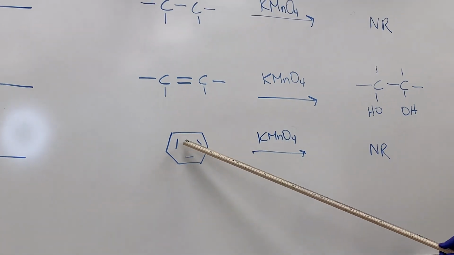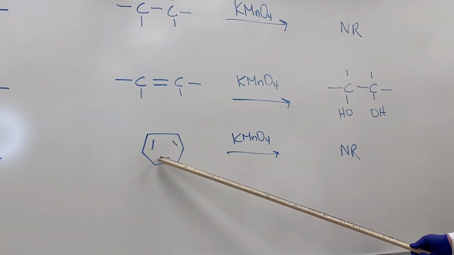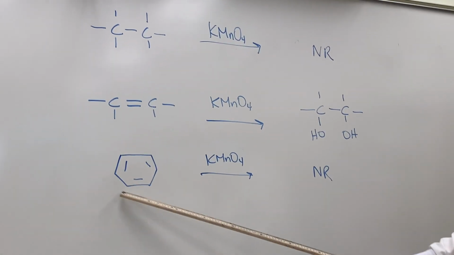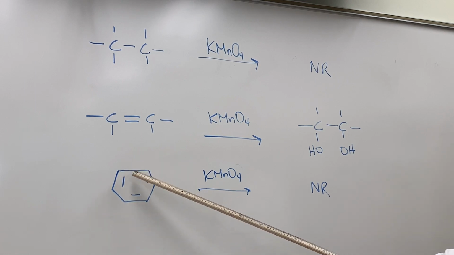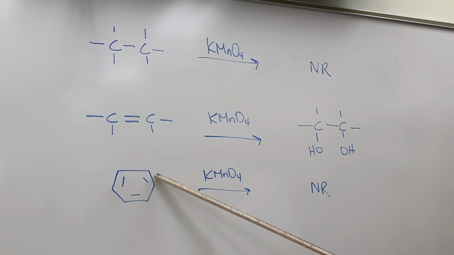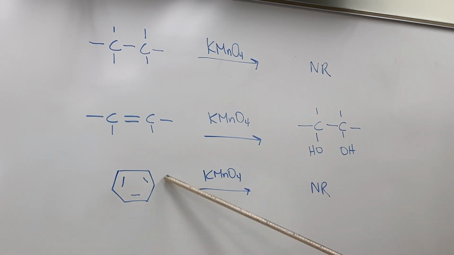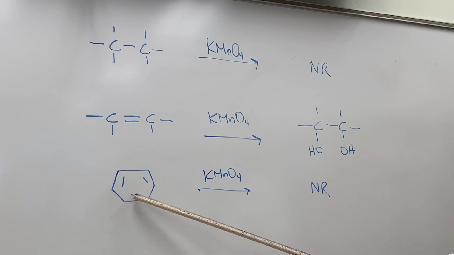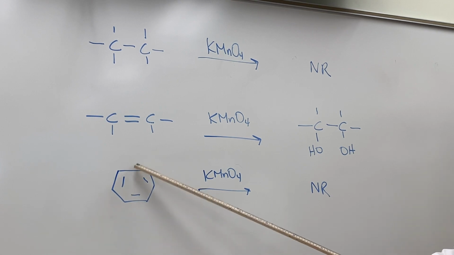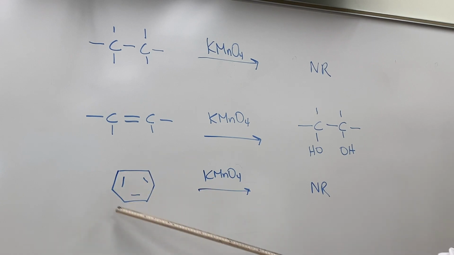Even though you've got multiple carbon-carbon double bonds, there's something unique about that structure in benzene. These double bonds aren't really localized, if you will. They can change position throughout that ring, but they're always going to be sandwiched between two single bonds. That conjugation, and conjugation refers to that alternating double, single, double, single, double, single bond arrangement,